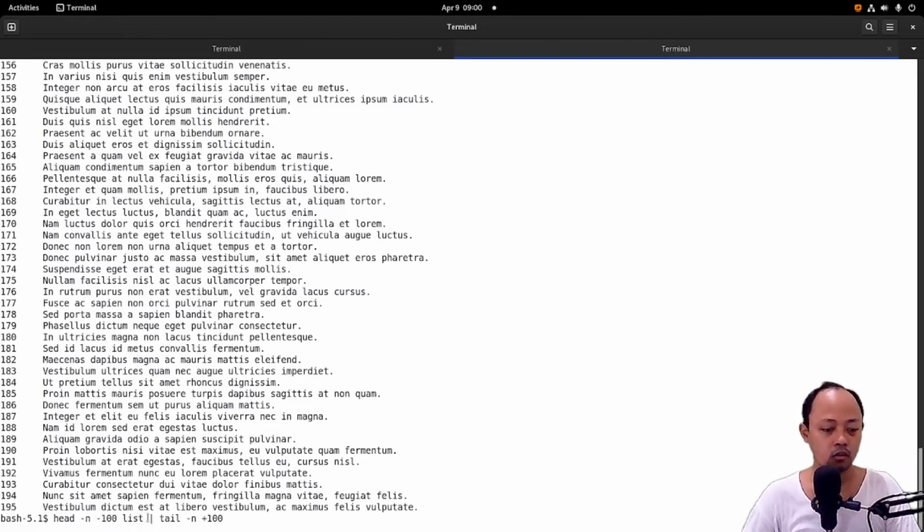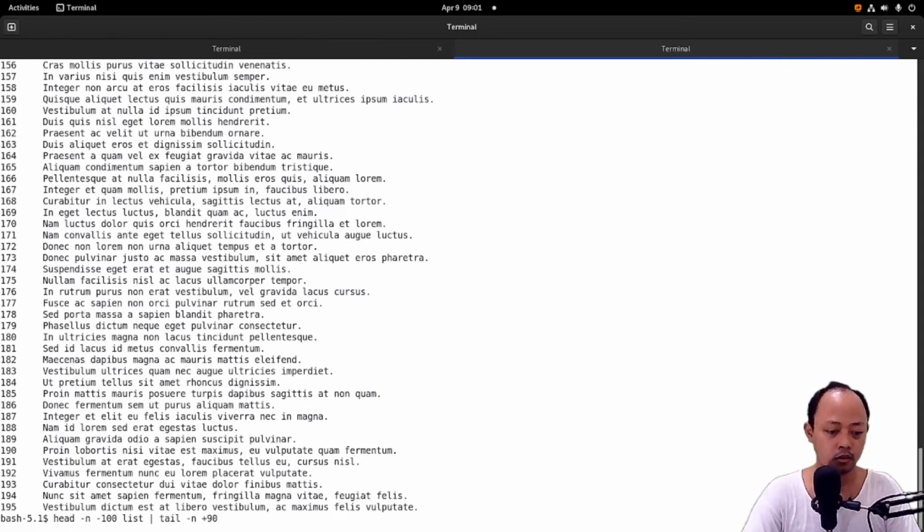And then the output of this command will be captured by the tail command, and the tail command will print from line number 90.